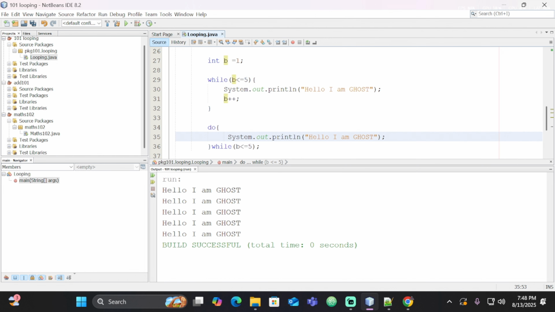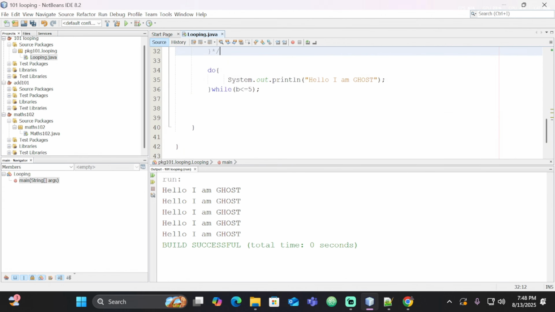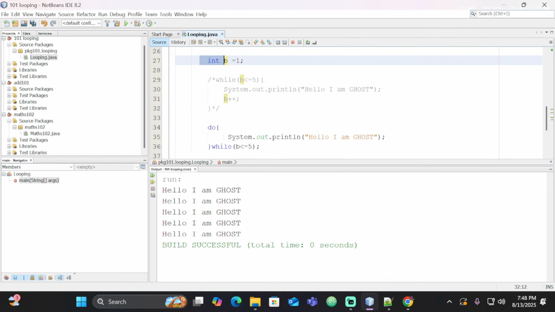Only after you have worked are you then going to be told how much you will be ending. So for now, let me just put this as a comment so that it does not execute our while loop. And I'm going to run our do while. So remember, starting position,